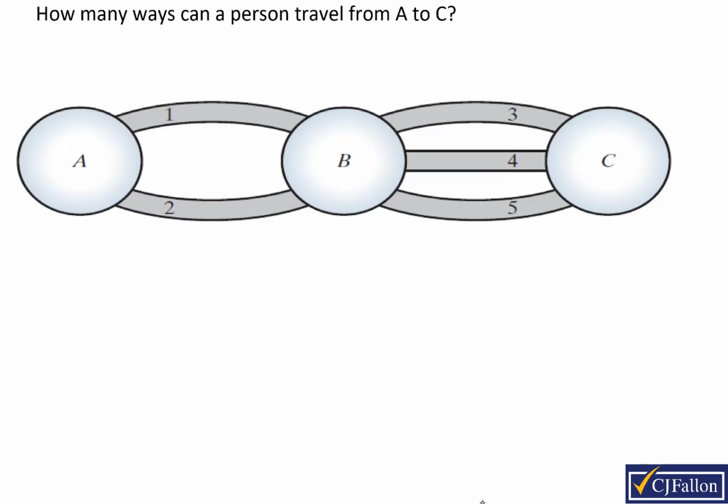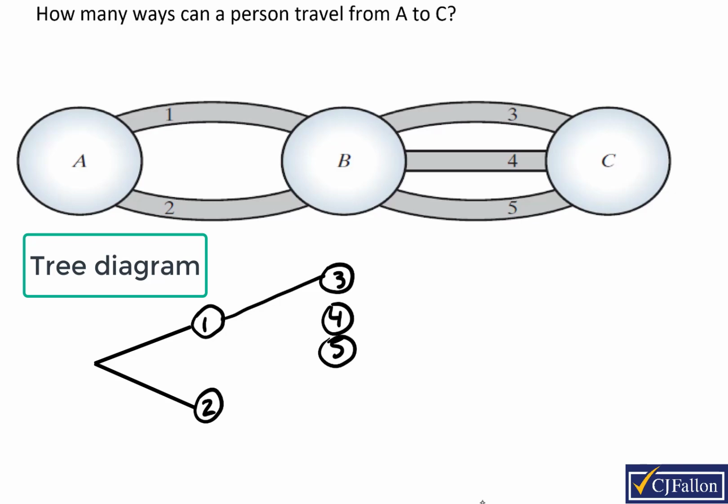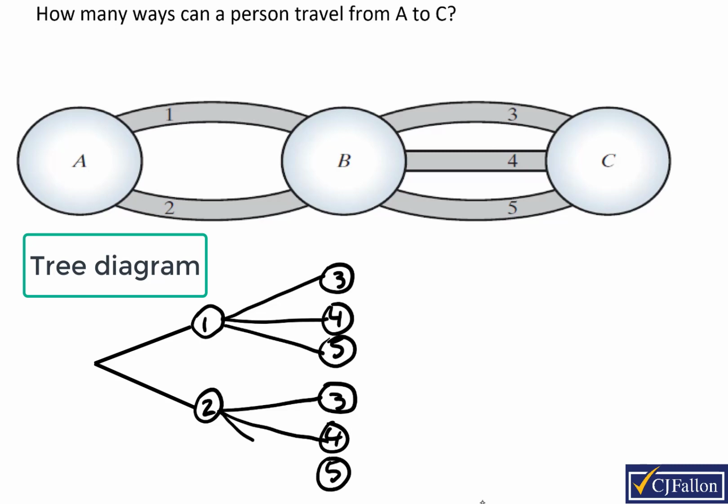Well, we could create a sample space for this to see what the options are, or a tree diagram. So in the first choice, you could have taken either road 1 or road 2. And having taken road 1, you could then either take road 3, 4, or 5. But also, if you had taken road 2, you could have then taken road 3, 4, or 5. And we can see when we make out a tree diagram that our options were 6 different choices. So you could have 1 and 3, 1 and 4, 1 and 5, 2 and 3, 2 and 4, and